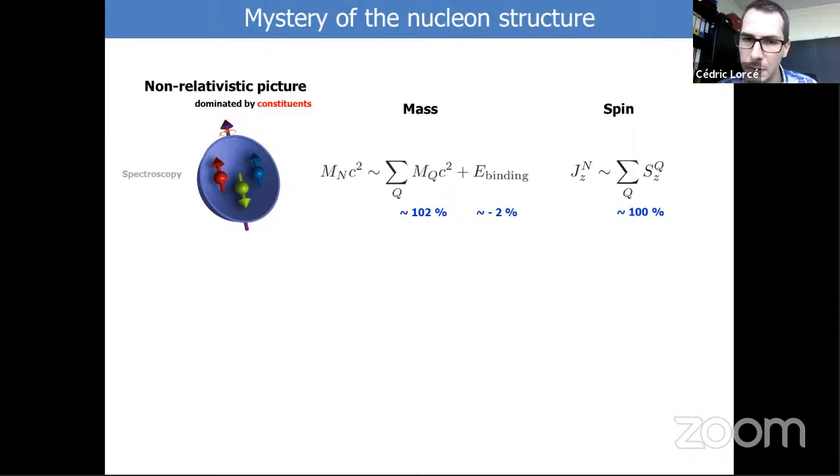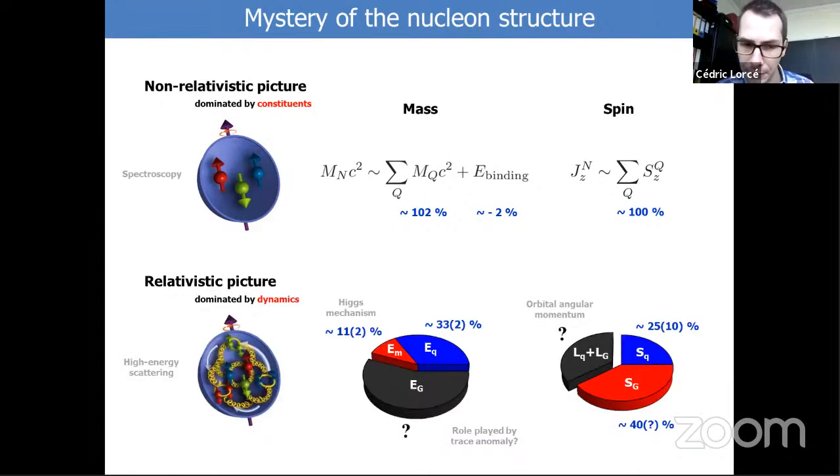This picture works very well if you restrict yourself to the spectroscopy of hadrons. But if you do more detailed experiments, where you want to determine the spatial distribution of those degrees of freedom, then you do high energy scattering experiments, and you get a completely different picture. In the modern picture, the fundamental degrees of freedom are not the massive constituent quarks, but almost massless point-like quarks, just like electrons, if you wish, that interact very strongly by exchange of a particle that we call the gluon. It's a kind of photon, but for the strong nuclear interaction. And the system is very complicated.